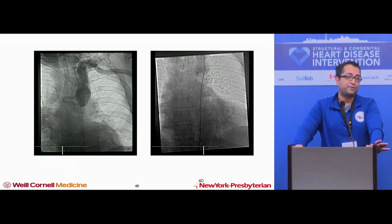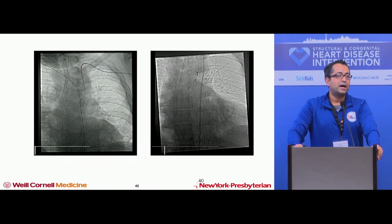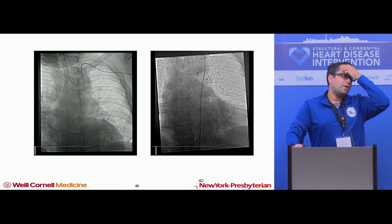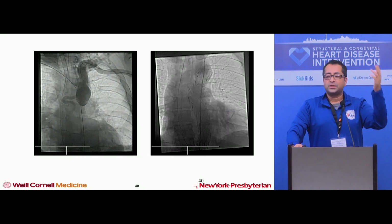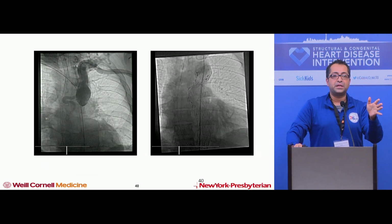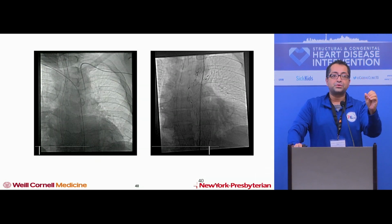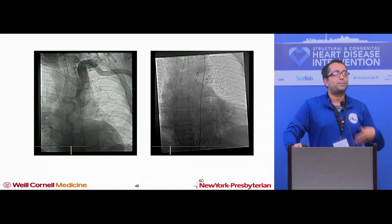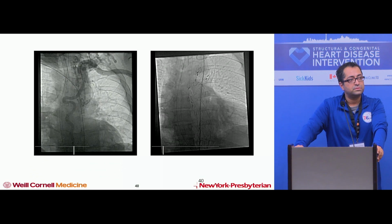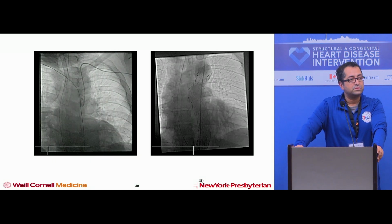I mean, that's sort of the IFU type of thing for 8 French. But certainly when we're doing double Perclose and we see a patient who doesn't have complete hemostasis, if you've gotten partial capture of one of them, then you can keep adding more Perclose to get more closure. I would just say also, to be honest, in many patients, one Perclose is enough